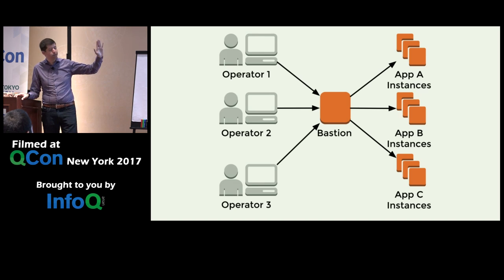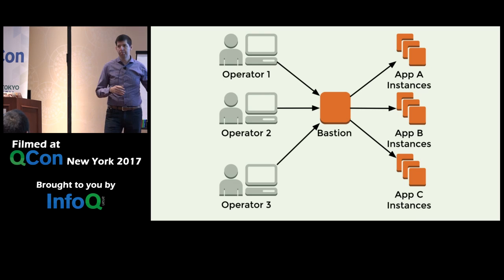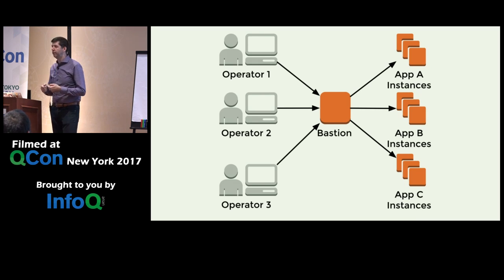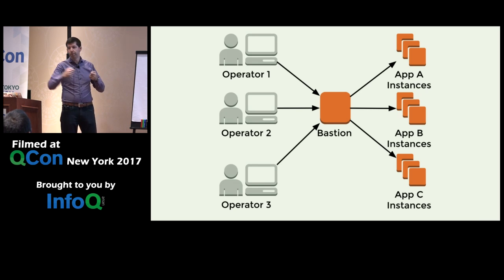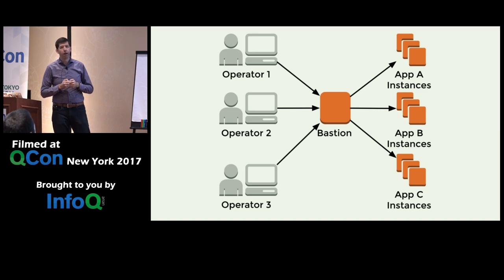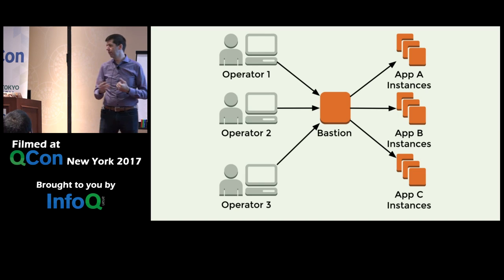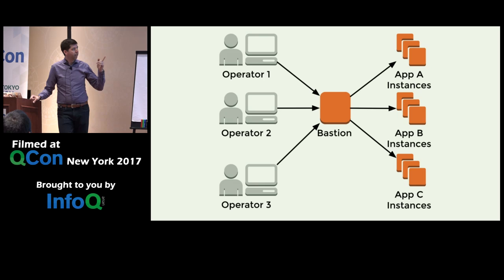But let's talk about what you do from the Bastion to the instances, right? In that scenario, the Bastion maybe is set up to be super secure. So you put the private key on there, and when people log into the Bastion, they can issue some command that will then get them from there to where they want to go. And assuming that the Bastion is always perfectly secure and there's no such thing as local privilege elevation and that kind of stuff, then we're good to go. The problem here is that at the end of the day, that private key on the Bastion is really hard to protect.